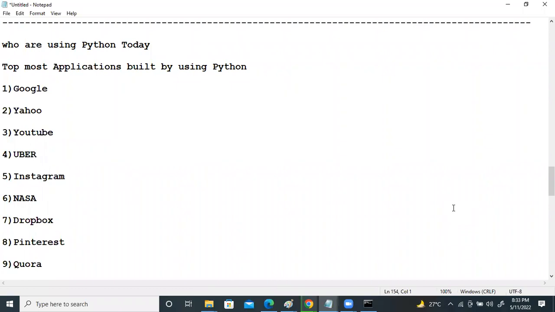I'll show you how to download, install, write and execute the code on all these IDEs, so that tomorrow, if you go to any environment, you can just work on those.